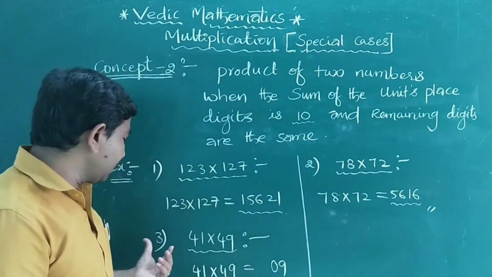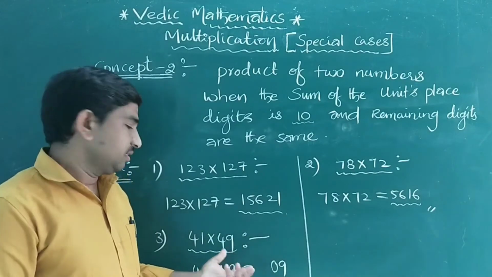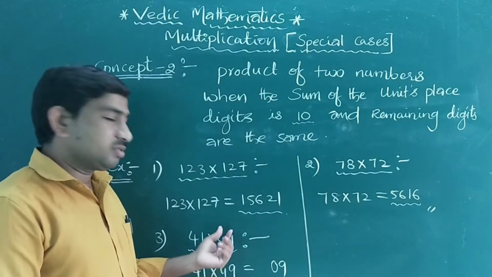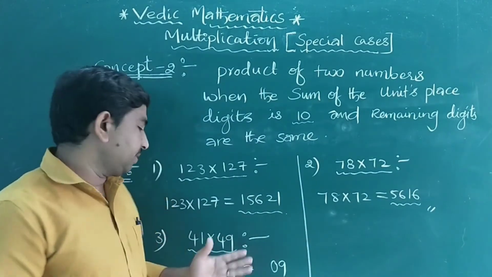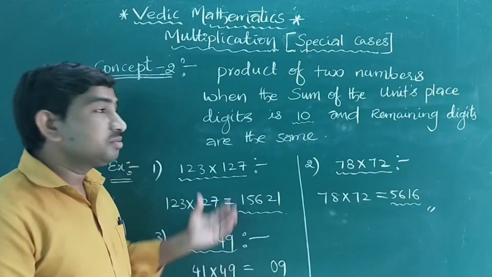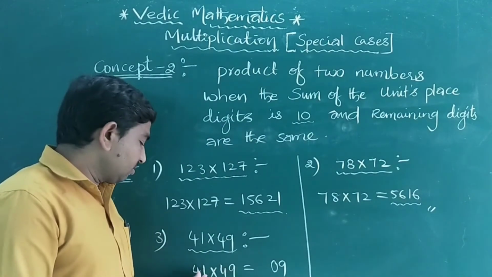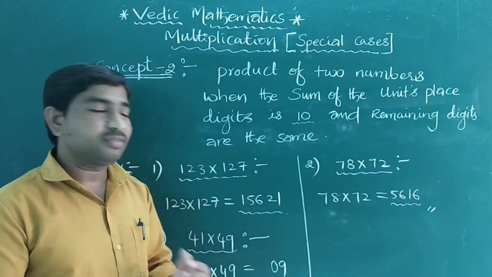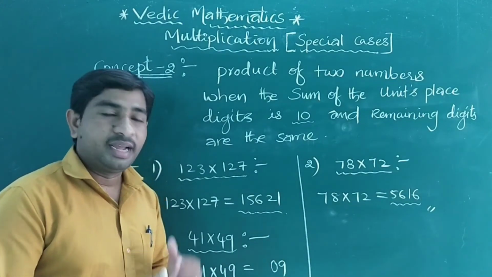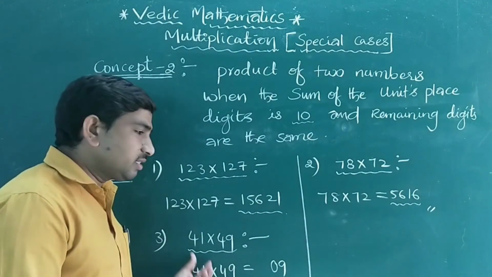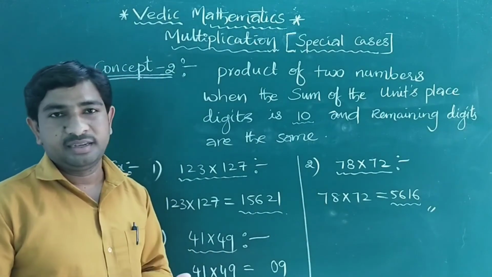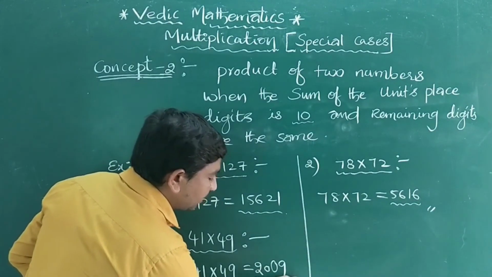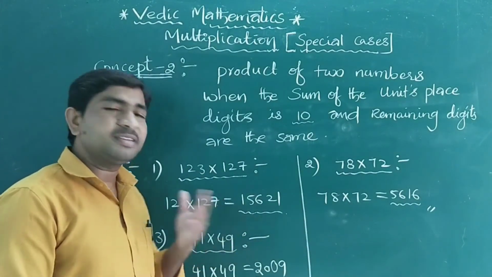Now let us see one more example problem, that is 41 into 49. If you observe the units place digits, 9 and 1, the sum of these two units place digits is 10. 9 plus 1 is equal to 10. So that's why we can use this method. 1 9s are 9. Here the right part of the answer must contain two digits, that's why you can write 9 as 09. Now what is the tens place digit? 4. The next number after 4 is 5. Multiply 4 and 5. 4 5s are 20. So our required answer is 2009 by multiplying 41 into 49.